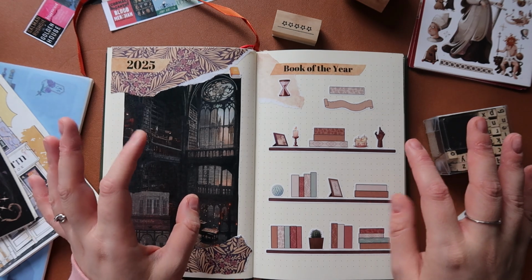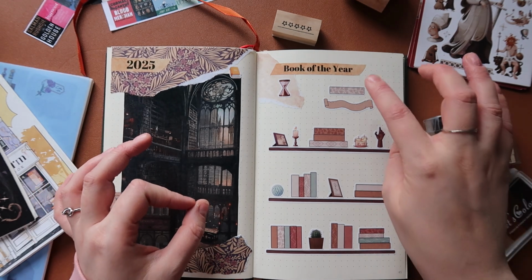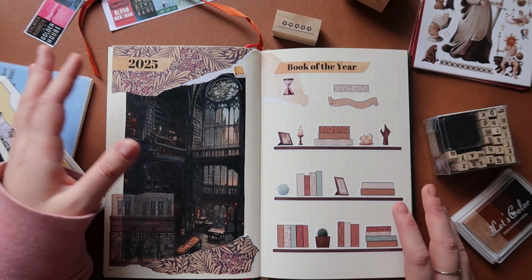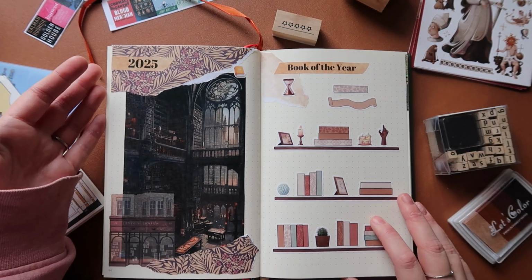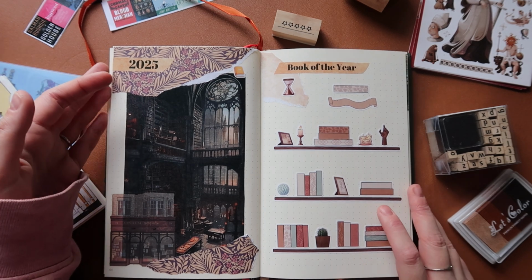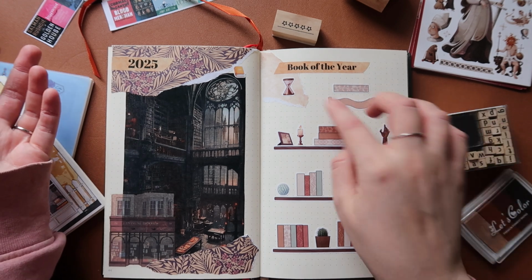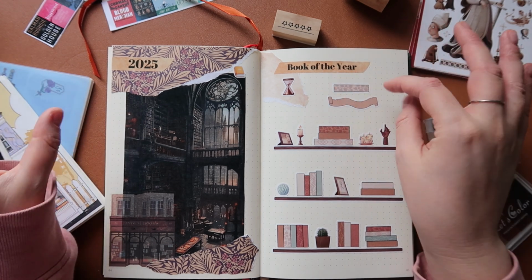year. As I've mentioned, I will not necessarily be looking for the 1 book of the year. Maybe I will just have the 3. I was really struggling last year to choose the book of the year, and you'll see it in my video when I upload it. And I don't know if I will be doing it this year, but I just left